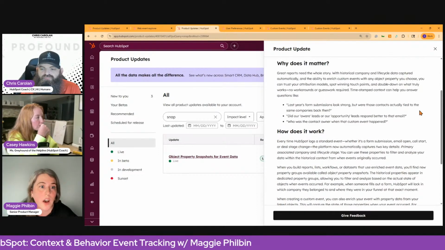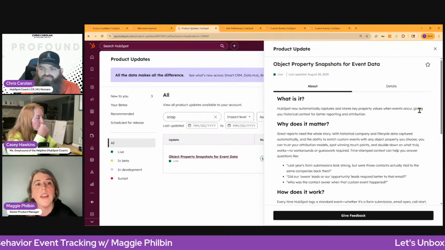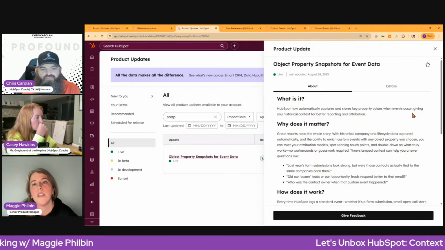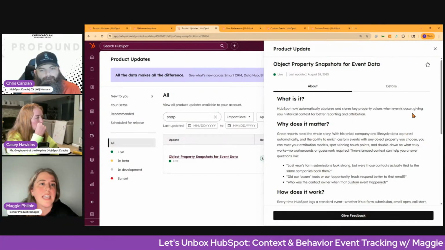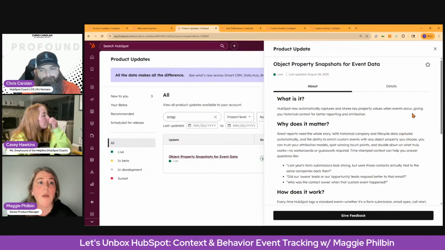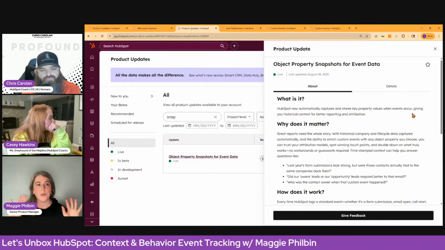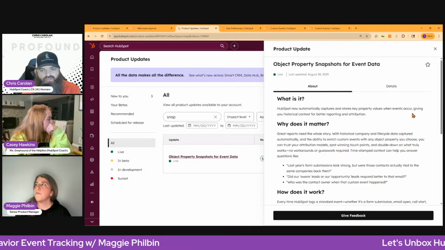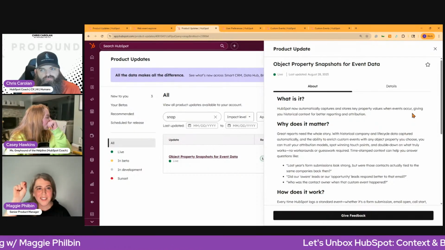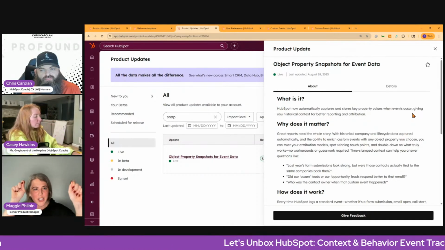Because objects evolve. So if I historically have wanted to build a report on how different lifecycle stages engage with email, CTA, something like that, I want to know how my different lifecycle stages are engaging with this piece of content that I've sent out. What your report is building is actually the current lifecycle stage versus the historical action.